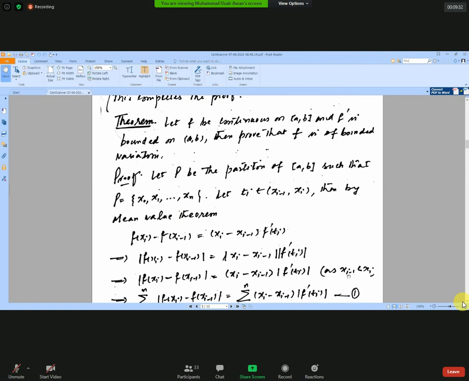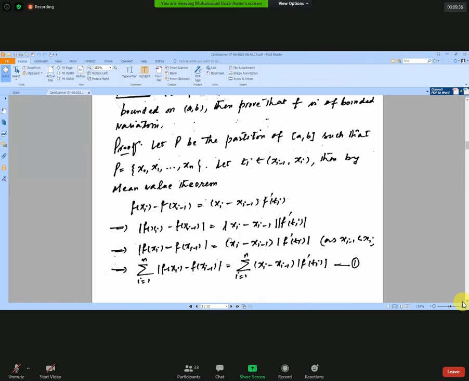Since xi minus 1 is less than xi, so हम mod को रिमूव कर देंगे और हमारे पास आ जाएगा xi minus 1। ठीक हो गया? अब आप समेशन ले लें both sides, हमारे पास आ जाएगा समेशन I is equal to 1 to n absolute of f of xi minus f of xi minus 1 which is equal to summation I is equal to 1 to n xi minus 1 absolute of f dash of ti।